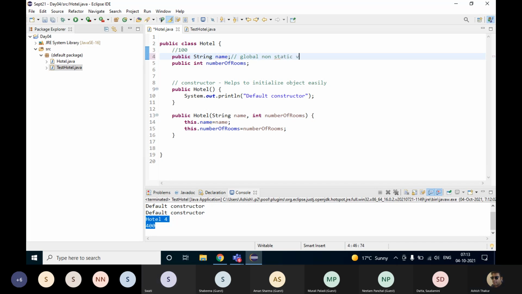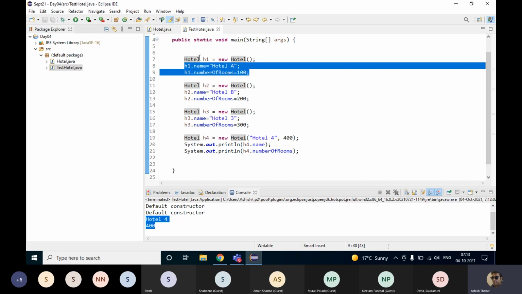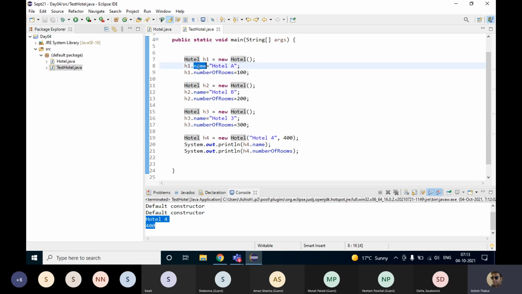I need to initialize this. How will I initialize this? I can only access these variables through the object of the class, right? Non-static variables can only be accessed with the object, so I have to create the object first. So I created the object and then I accessed them and initialized them.